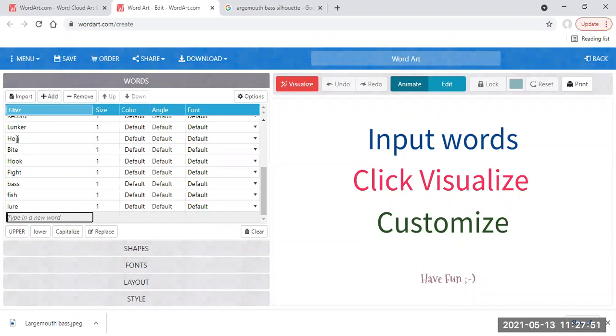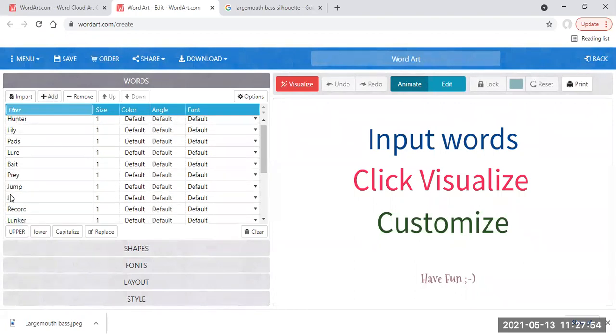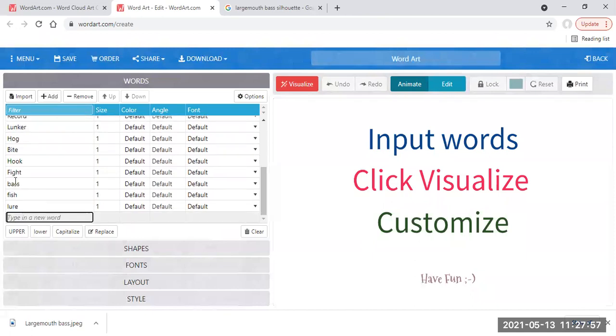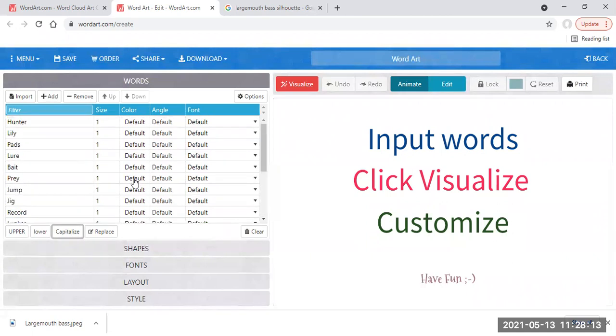Now, notice that all the words I imported had the first letter capitalized, but all the ones I just typed didn't. I can adjust that by clicking this upper button here, which will make everything uppercase. Lower will make everything lowercase, and capitalize will capitalize the first letter of each word. You can adjust the size that you want the words to be here. We'll get to take a look at that in just a second after we hit this visualize button. You have to hit this after every step so that you can see how your design looks. So if I hit it now,